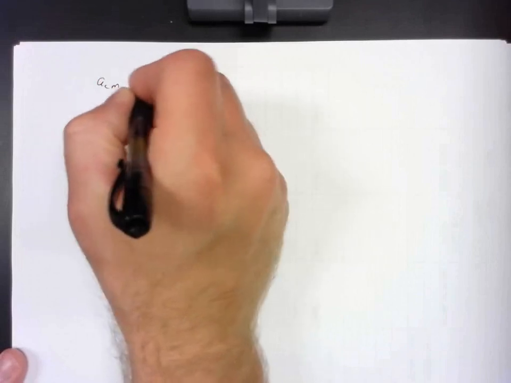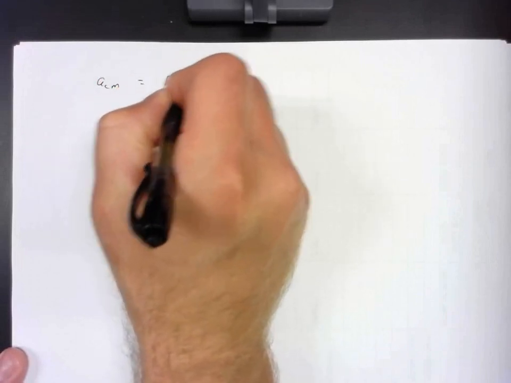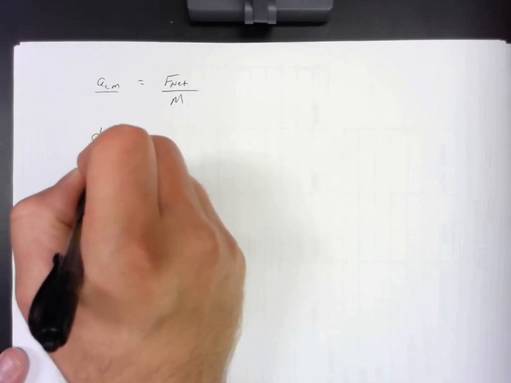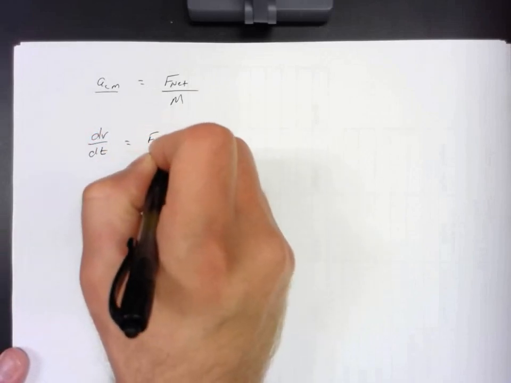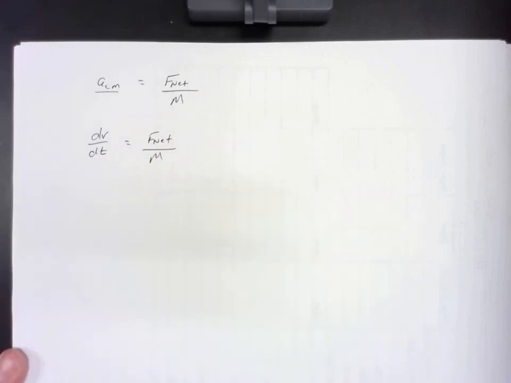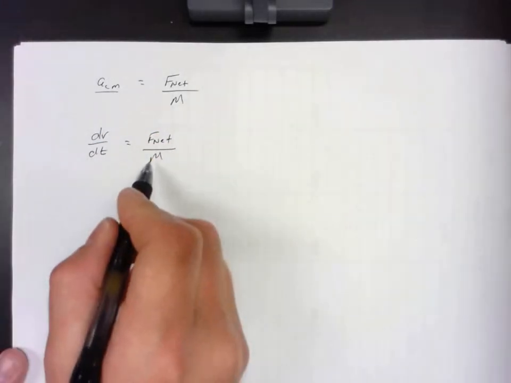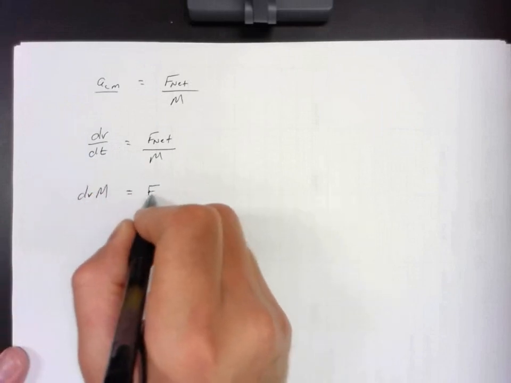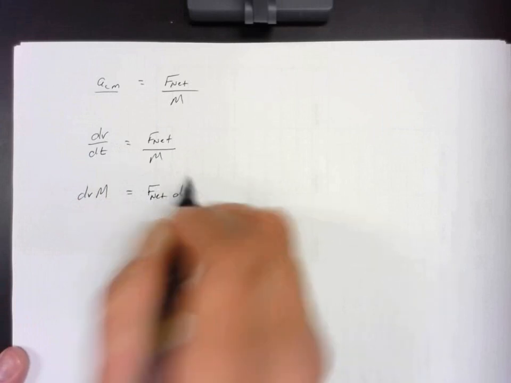And if we take that same equation and we wanted to figure out how the velocity is affected, this is dv dt. This is the differential equation. And if we rearrange this, so I'm going to bring the mass over, so I have dV times the total mass. Here I have the net force, dt,